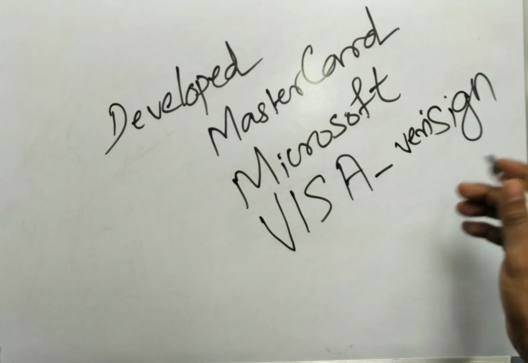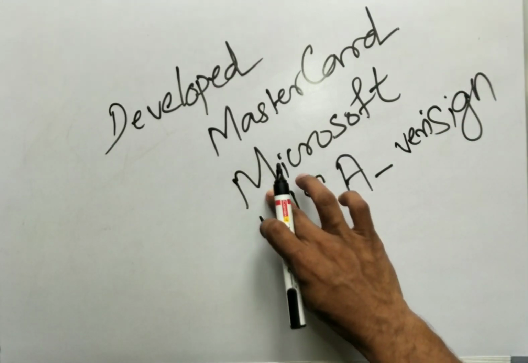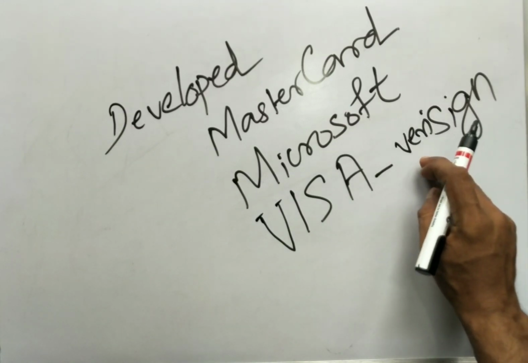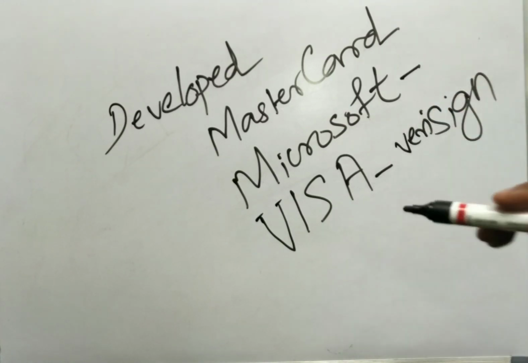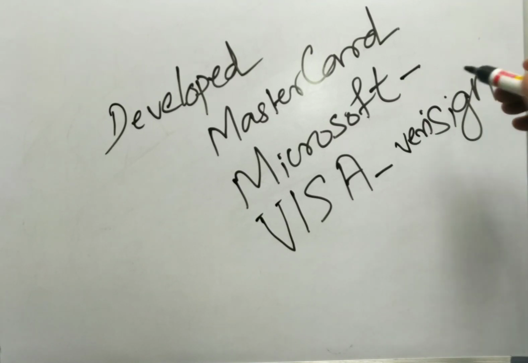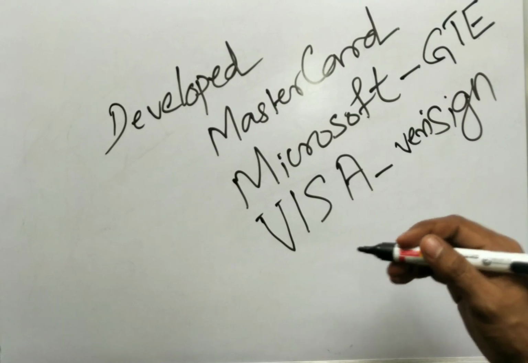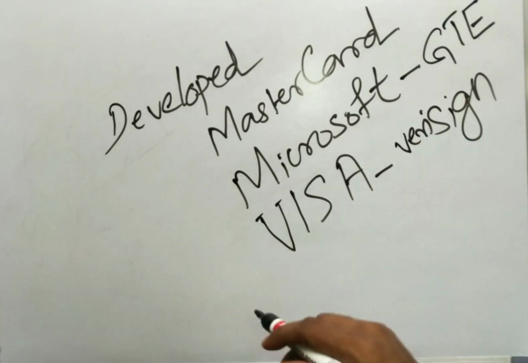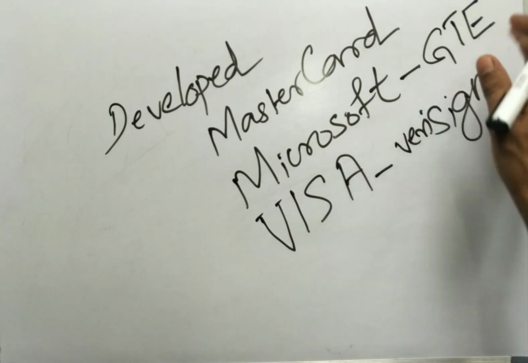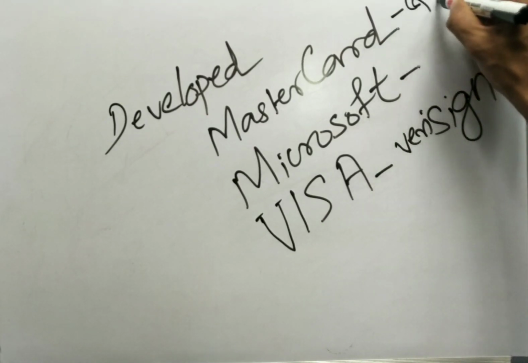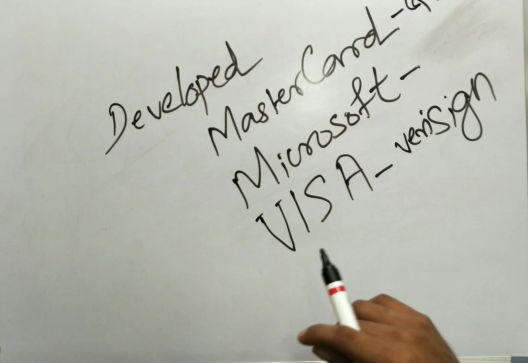VeriSign is in alliance, in compliance, with Visa. Okay, so Visa is in alliance with VeriSign, and Microsoft is similarly aligned with another certificate issuing authority called the GTE Consortium, and this is Mastercard's alliance. So Mastercard is aligned with GTE, and